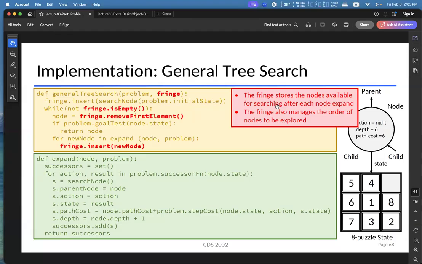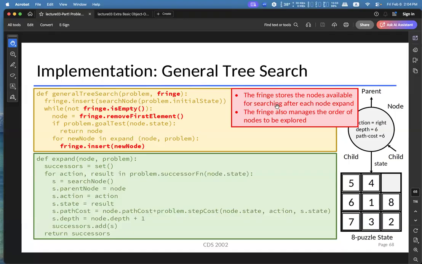The reason is simple. We use a data structure to control which nodes have not been explored yet, and to control which unexplored node should be explored first. So we use the last in first out or first in first out properties of the stack and the queue. The stack is last in first out, and the queue is first in first out.